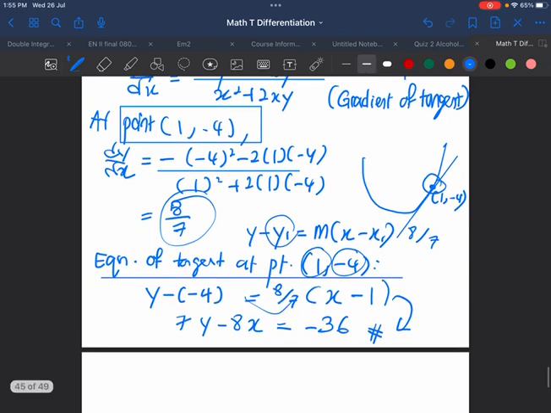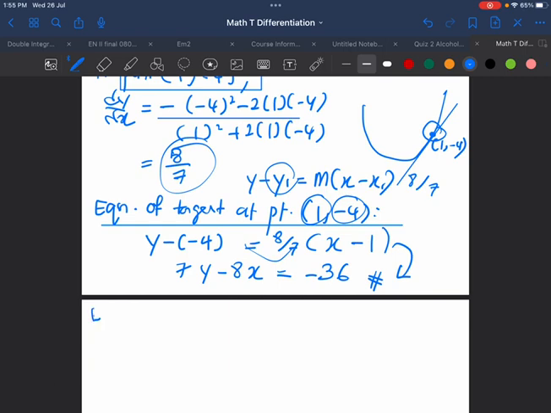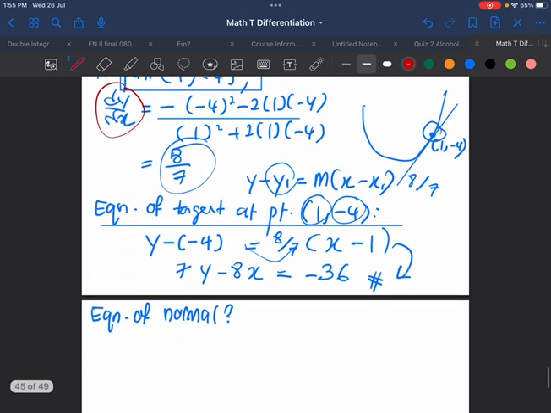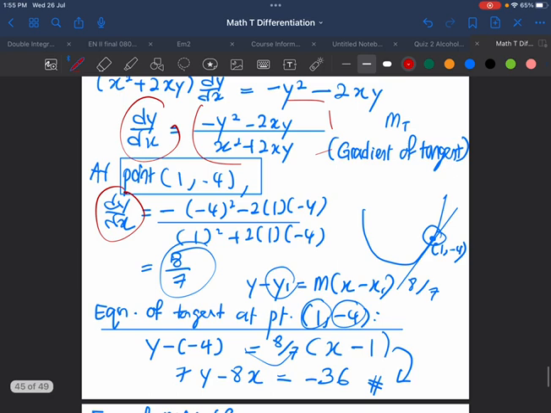Alright. So how are we going to find the equation of normal? Are you going to do the d squared y over dx squared from here? I don't think so. You can see the dy/dx is already so complicated. If you want to do the second derivative, it's not wrong, but it's too long and a waste of time. So I suggest that since you already have the gradient of tangent, which is 8/7 at the point 1, negative 4,